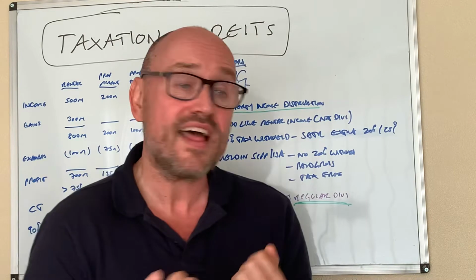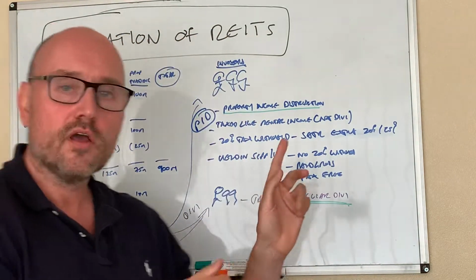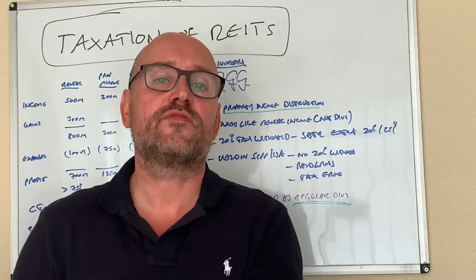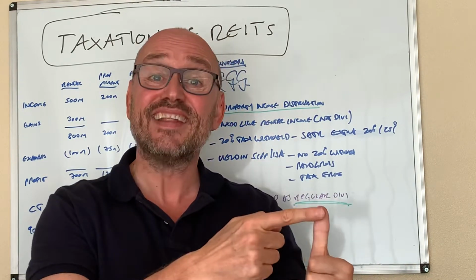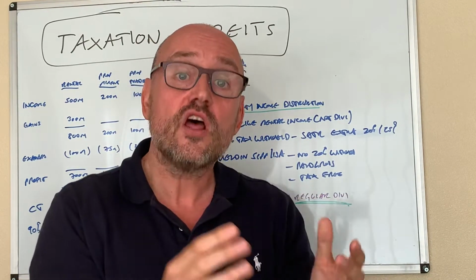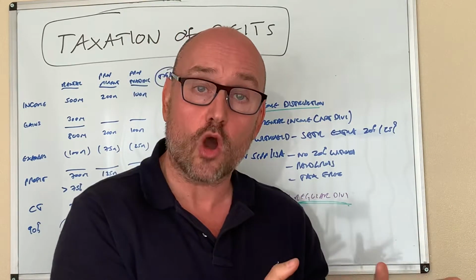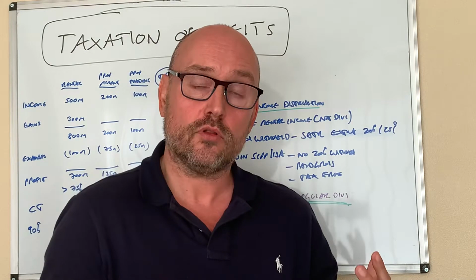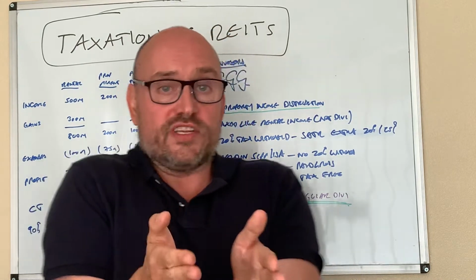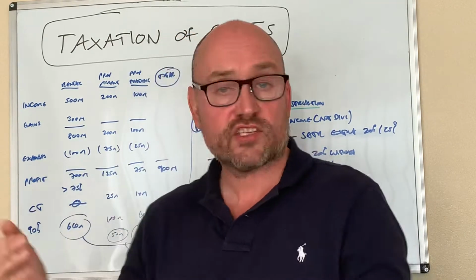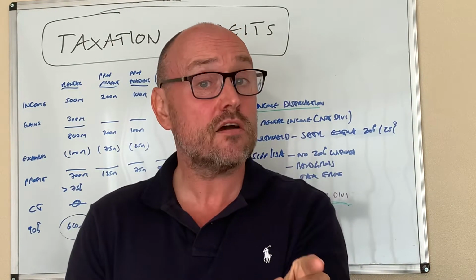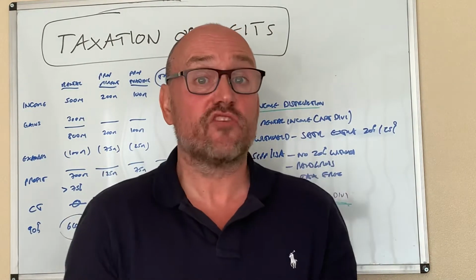20% has been withheld. Now, if you hold these shares in a tax efficient wrapper like an ISA or a pension, then these amounts are paid to you gross and there is no 20% withheld. So in that example, let's say rather than you as an individual holding the shares in the REIT and you receive the gross amount of 10 grand, it's held in your ISA, then the ISA actually receives 10 grand.